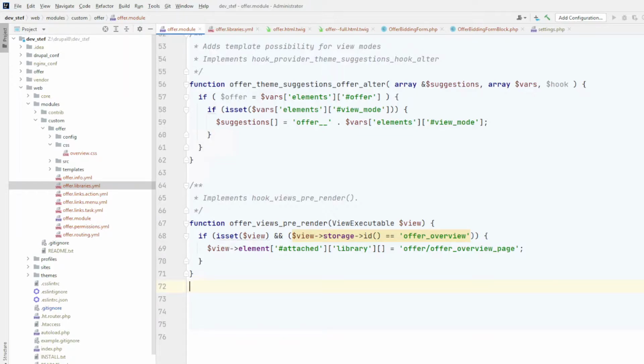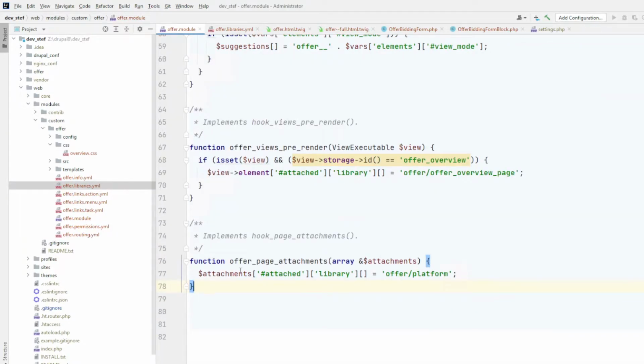Now in this case we want a general CSS file that gets loaded on every page of this software. Therefore we need to specify a second library, and we have to use another hook. This hook is called page attachments. So in our offer.module, I'm going to add a second one. This is hook page